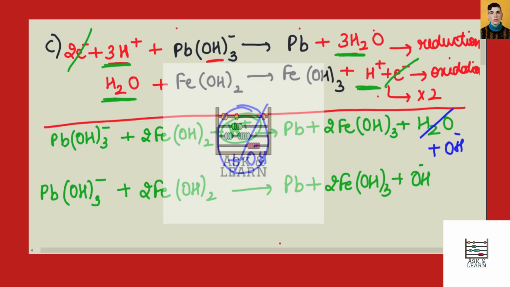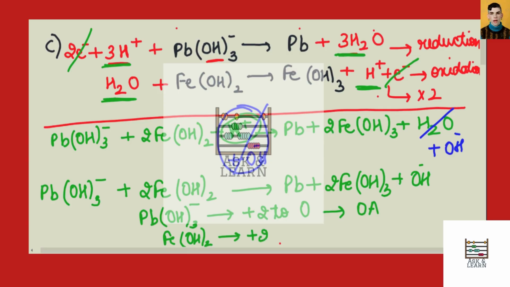Okay, so now if you see in the lead OH3 negative, the oxidation state goes from +2 to 0. So it's getting reduced. So basically, this is our oxidizing agent. Whereas in FeOH2, the oxidation state goes from +2 to +3. So that's our reducing agent because it's reducing others by oxidizing itself. So yeah, that's it. Hope